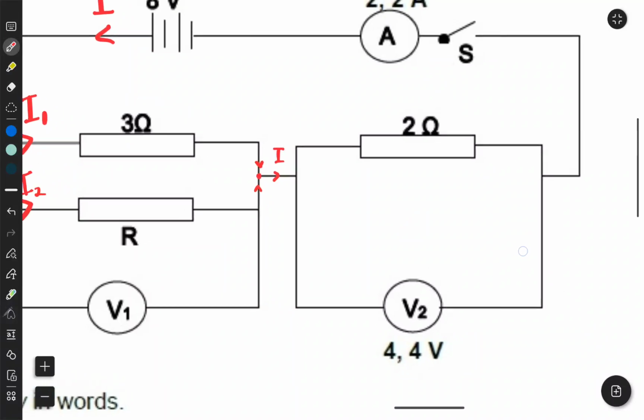They combine again to form the total current. All right, so then we get to the 2 ohm. Be careful now, this is not a resistor, it's just a voltmeter, so the current here won't divide. Even if it did divide, it cannot flow through the voltmeter. Current can't flow through a voltmeter. Remember, the reason for that is because a voltmeter has a very high resistance. It's too high. So current sort of runs away. It doesn't like too much resistance, so it wants to flow in the path